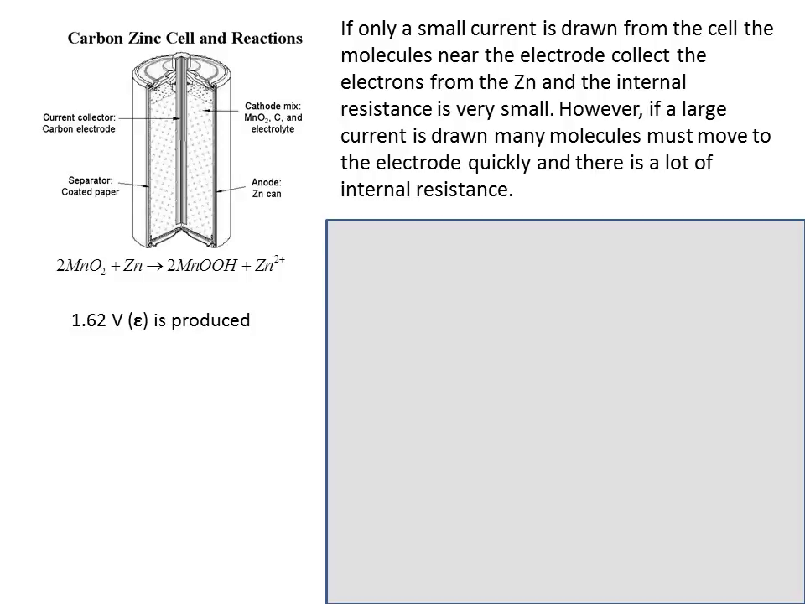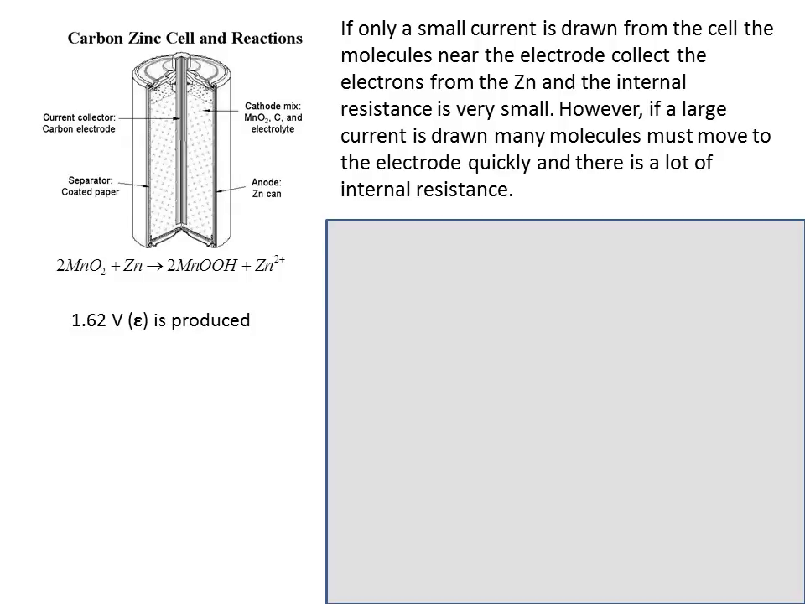If I only have a very small current coming off here, then only a small amount of these molecules need to actually collect electrons. It will be the ones that are really close to the electrode, because they're the easiest ones to collect the electrons, and they're very little internal resistance because they don't have to move past many of the molecules. However, if I